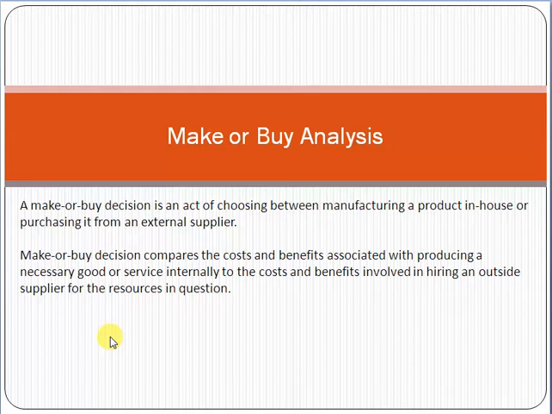Remember friend, one thing: you don't need to do any type of calculation. You have to understand the concept of make or buy analysis so that you can select the right option in the answer. Secondly friend, if you are a professional project manager working in any organization, you must understand the value of make or buy analysis so that you can use it in your professional project management life and take the right decision.